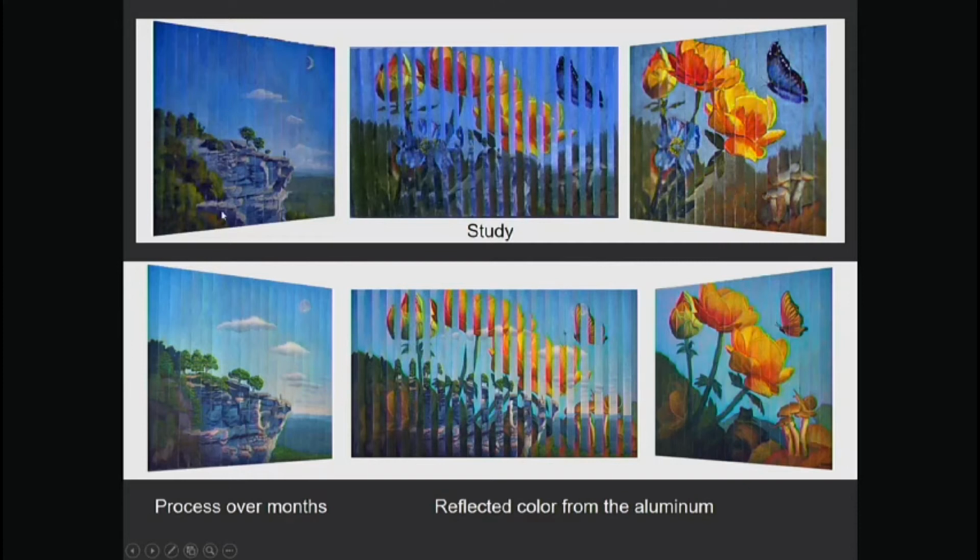So this was the concept. Now, the interesting thing is that as I go from the study to the final painting, I start making revisions. The painting wouldn't work out if I said, okay, I'm going to hold fast to this idea of the study, like I was trained in the academy, you're going to paint that or else, you're not going to deviate 1 inch. So I let myself